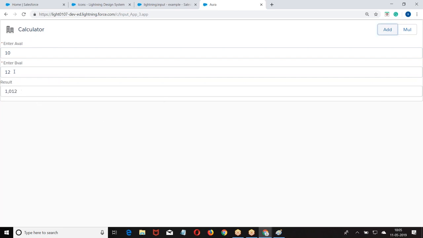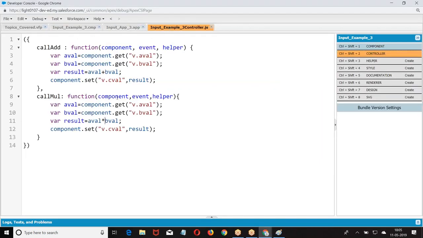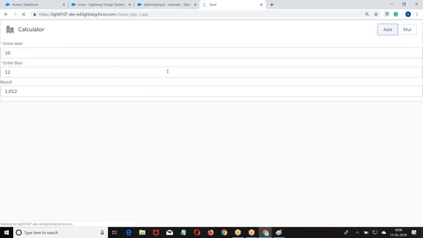So what are we getting here? It is taking it like a string. What are we supposed to do? Go to the controller, convert the string into integer. Parse. So when you are reading the component dot input, it is giving a string value. Even though I gave a number, it is giving a string value. So I was converting, so when I read the value,